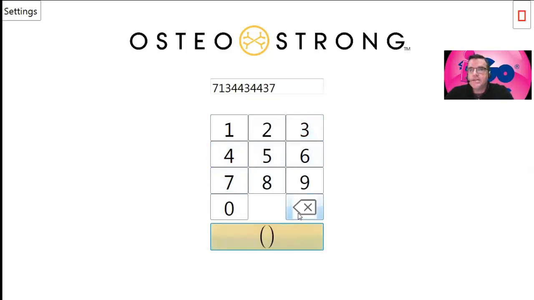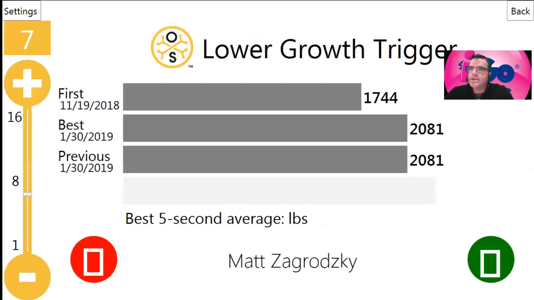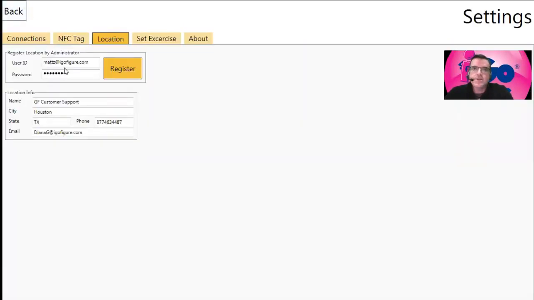So I'm going to log in as me, since I'm set up in here, and this is what will appear. And this is exactly how it looks on the tablet. Now, instead of doing a session to assign the key tag, you simply go to Settings. You click